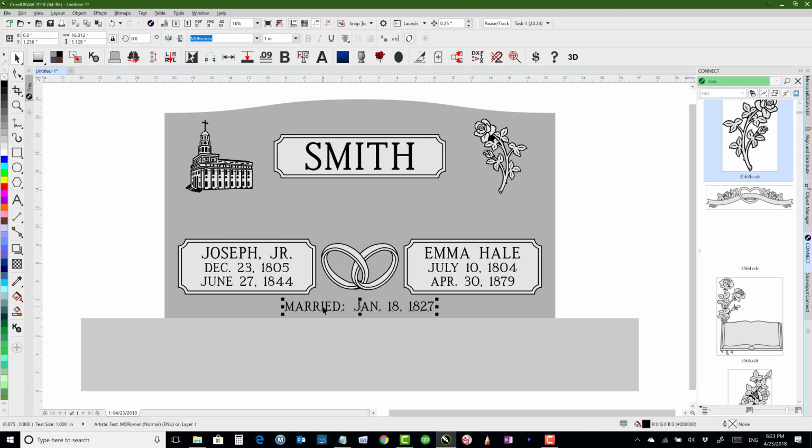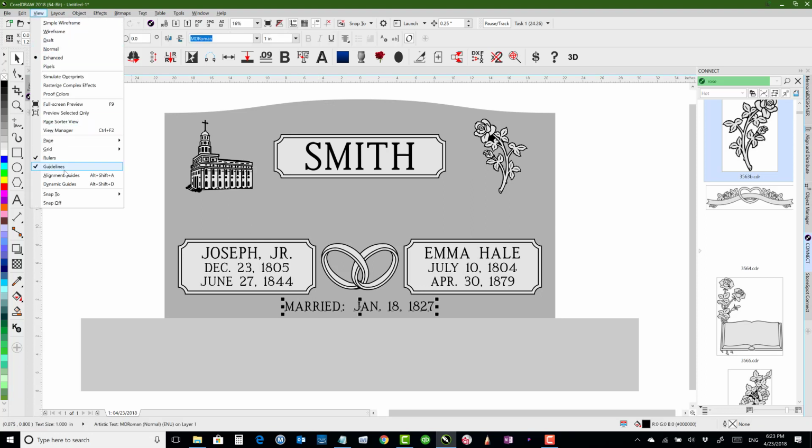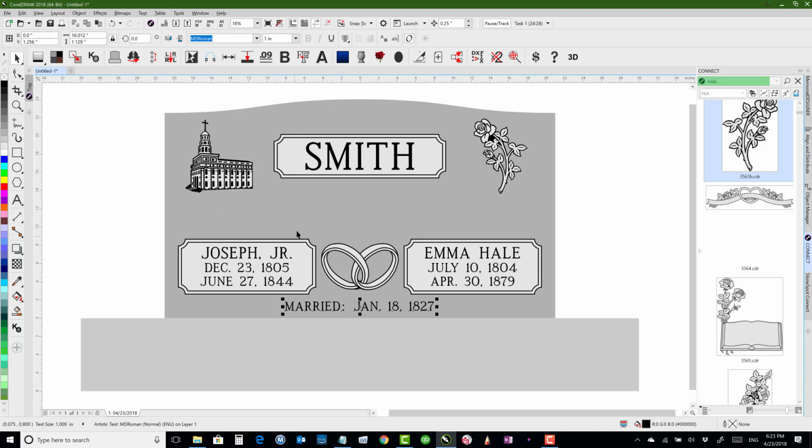This text, I kind of liked before how the alignment guides told me when I was equidistant from the top and bottom, so I'm going to see if that works again. I will click and drag, and while I do that, I'm going to right click to get a plus sign, and now it looks like if I dragged right about there, that's going to be the same distance both ways. So we'll put married there, and this one we're going to